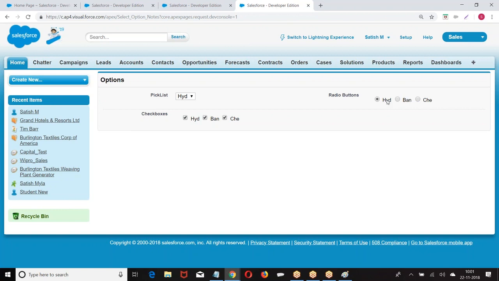Right? Any other queries? Why are the labels not coming in line for the radio button? It's because we used apex page block section item. If you want to align them, we have different concepts like output panel, output label, and panel grid. We have to use them to get aligned. Okay. I hope you are good with this.